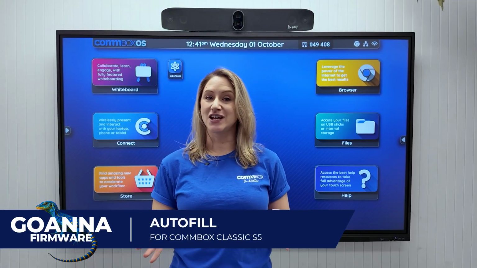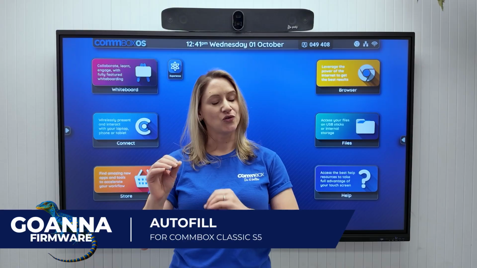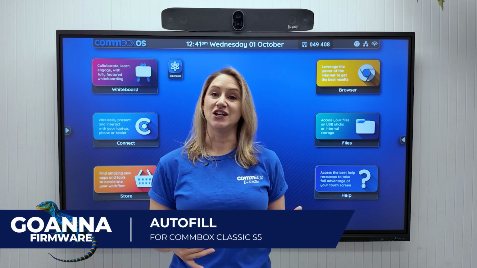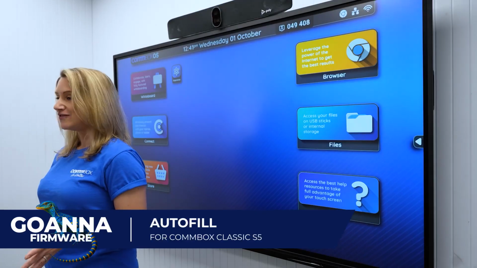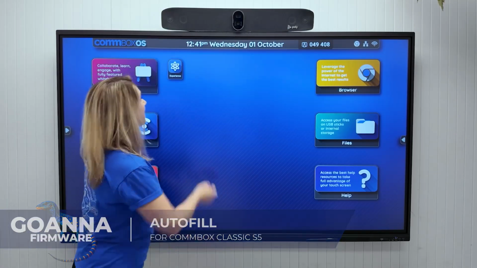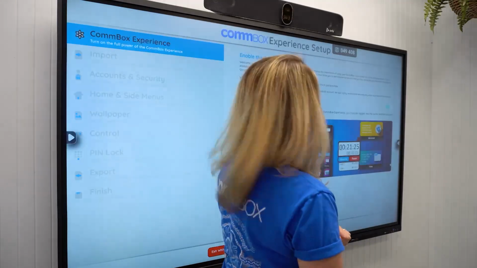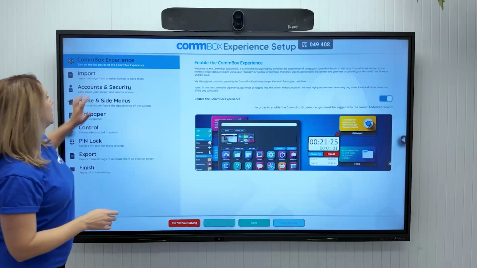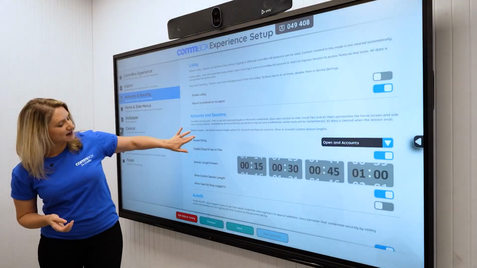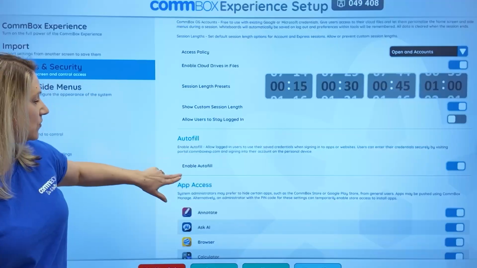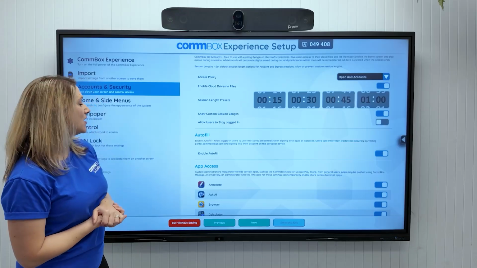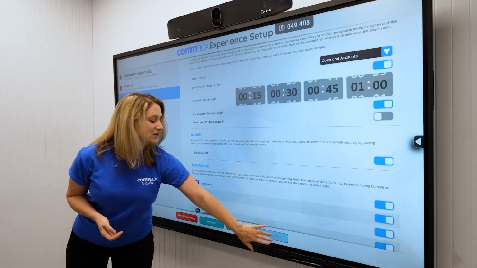Now we have training videos coming your way, so I'm not going to go through all of the steps of AutoFill today. What I am going to show you is using it on the screen. So imagine I've already set up my CommBox Vault. All I need to do on the screen now is go into the Experience app, tap on Accounts and Security, and scroll down to AutoFill. It was already enabled, but I'm going to leave it as Enable AutoFill there. I would save and exit,